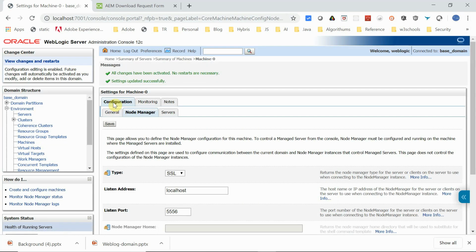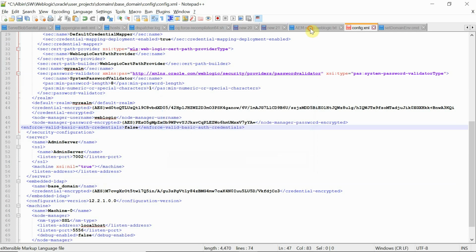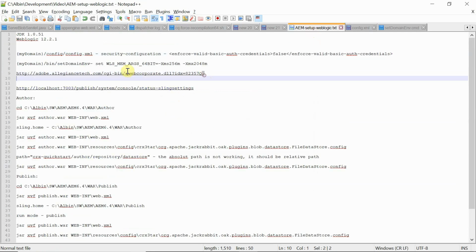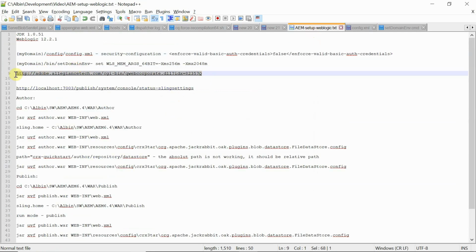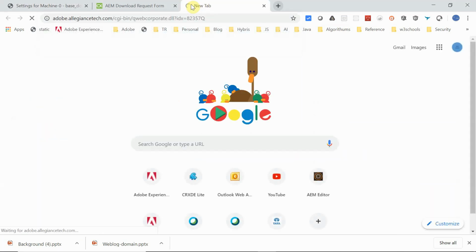Now we need to get the WAR file along with the license. You can get the WAR from the partner portal. You can access this particular link, but this will be for partners to get the WAR file.